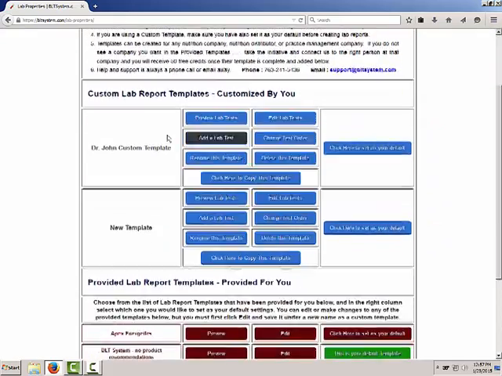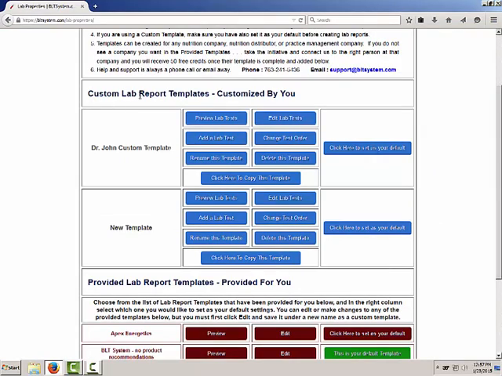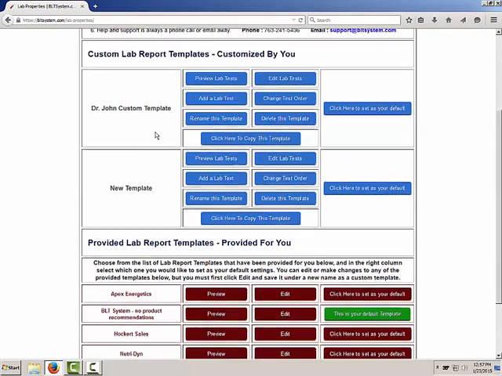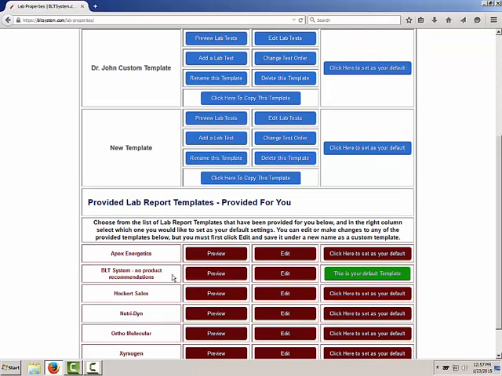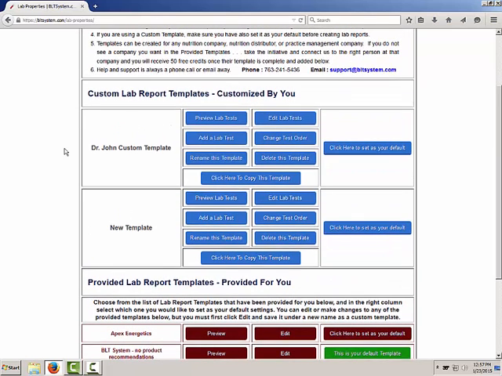And once it shows up in the upper portion under Custom Lab Report Template, essentially what I've just done is, for the template I selected and gave a new name, I've made an exact copy or an exact duplicate of that template. So now it's showing up here under New Name, and once it shows up here, you can make any changes that you want to. You can add lab tests, you can subtract lab tests, you can change the order of how the lab tests appear. Most importantly, you can click on the Edit Lab Tests,